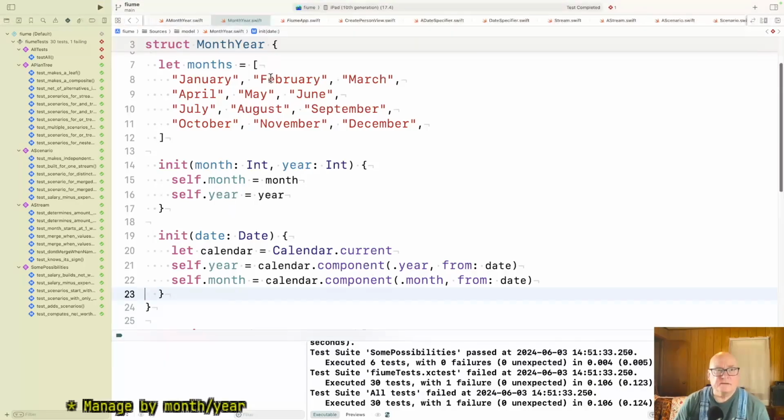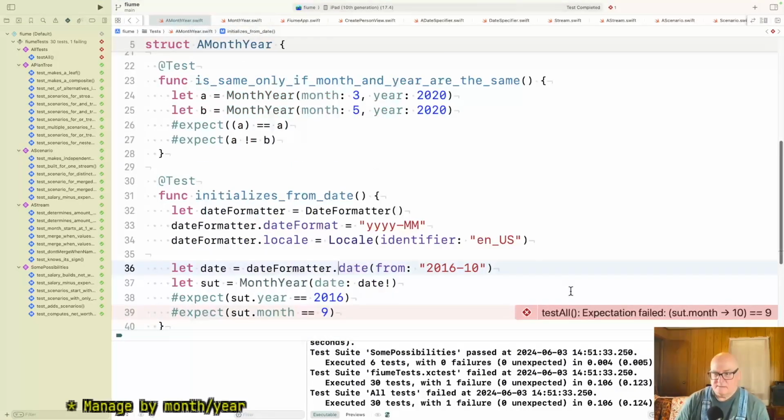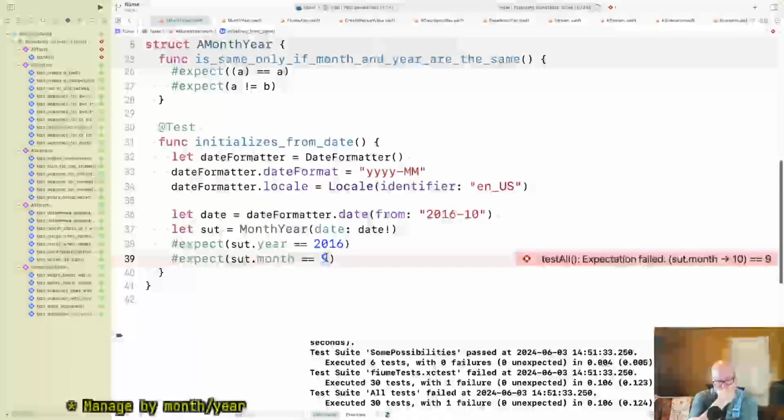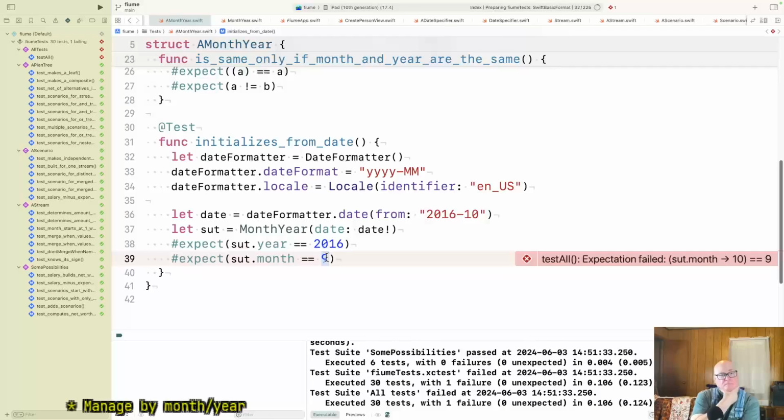It had the. Oh, now this is a good question. Well, I assumed it was zero based, but maybe it doesn't make sense to be.